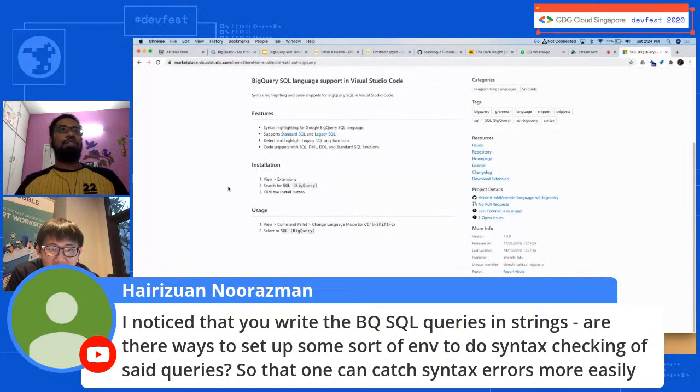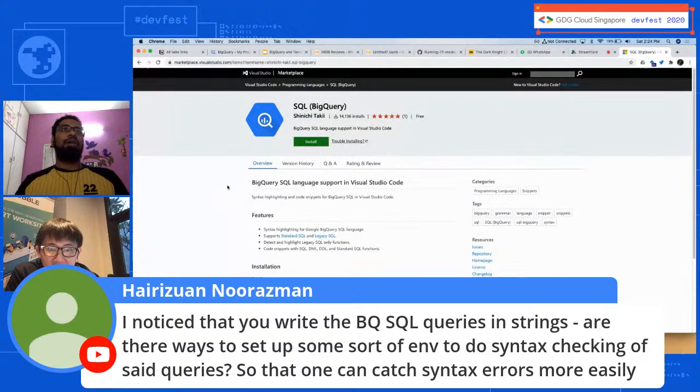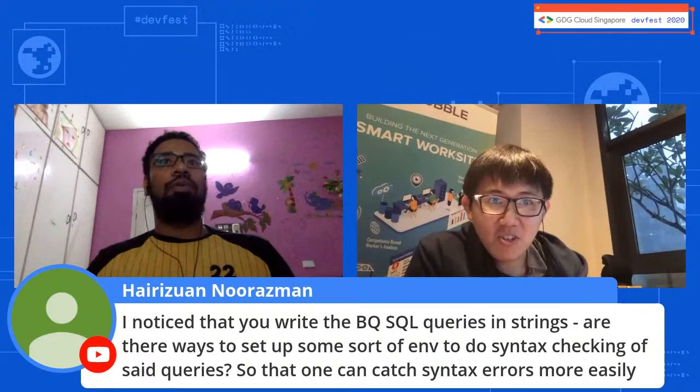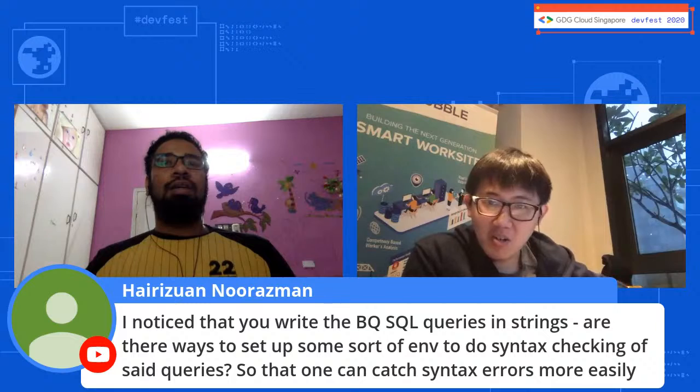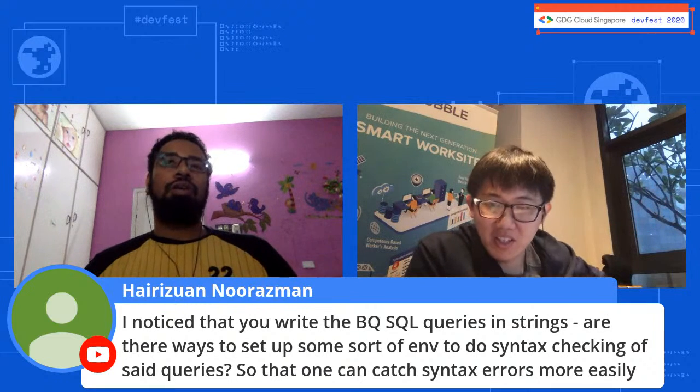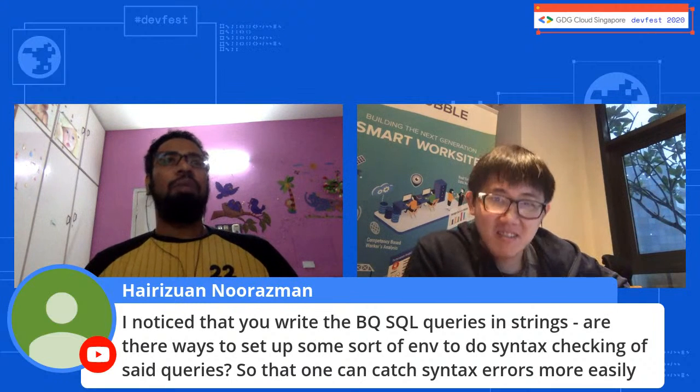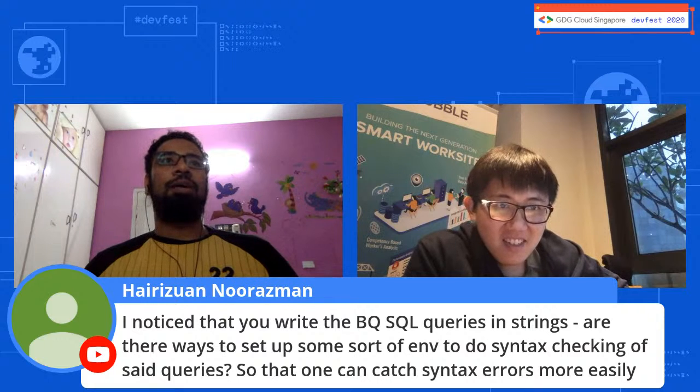I wish they had a GIF or something that shows how the autocomplete works. That was pretty cool though, and it worked perfectly well. So either use the BigQuery console or an editor that supports it. But the BigQuery console is something that I prefer because